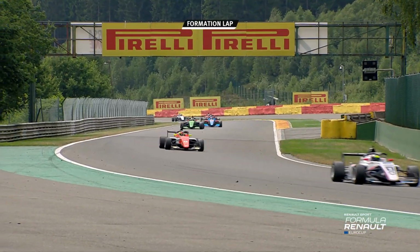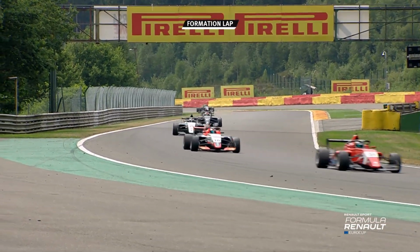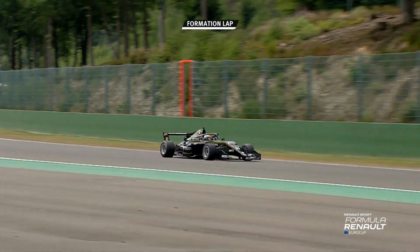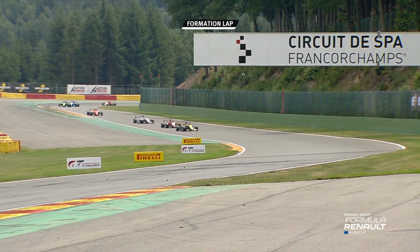So as the cars come now through Blanchimont, everybody on Hankook rubber, which is quite a talking point really for this year, because for so long Michelin's been involved with the championship, but Hankook has got the contract, to its great delight. And as you see, 53 turns through there, Petr Potacek, he makes his way up towards the